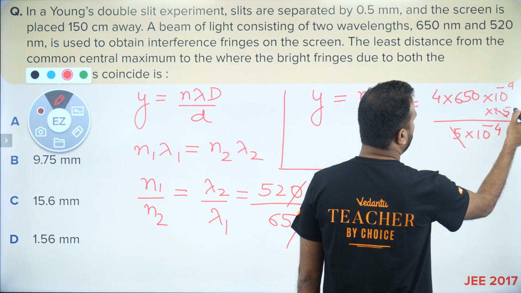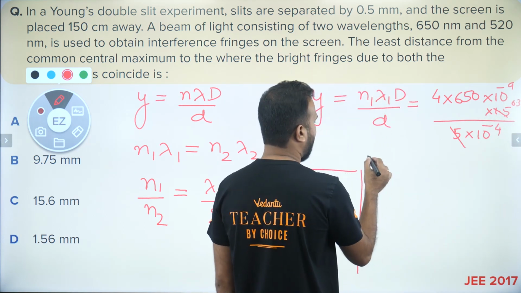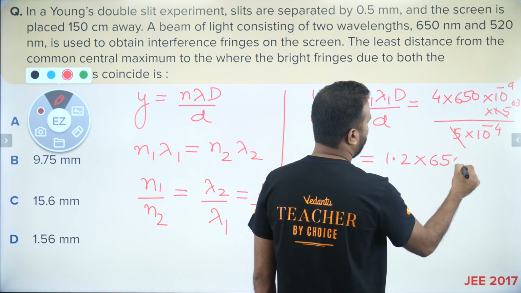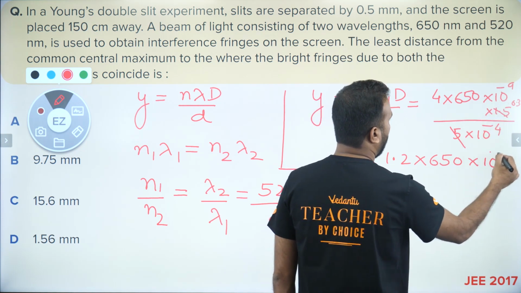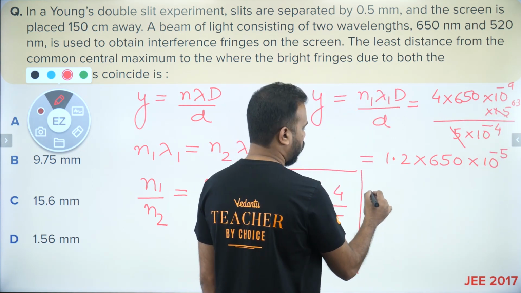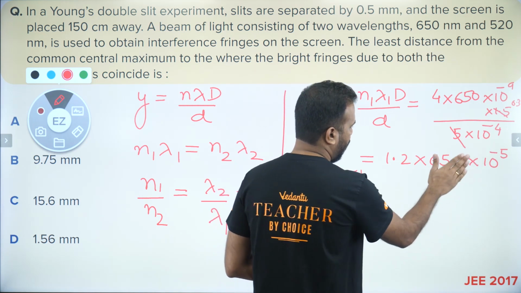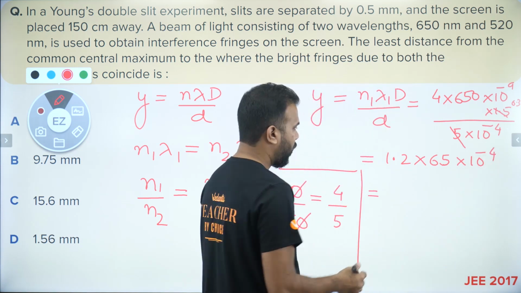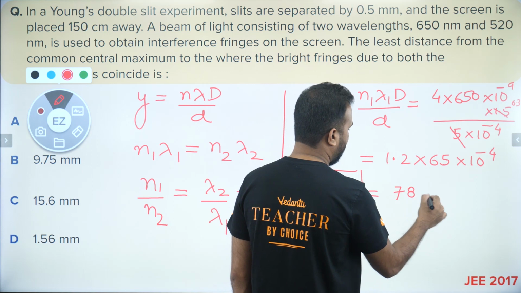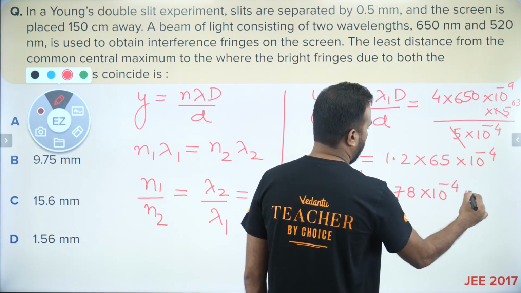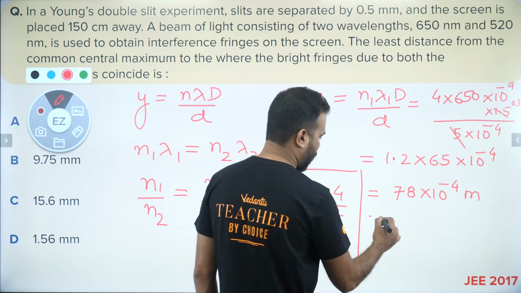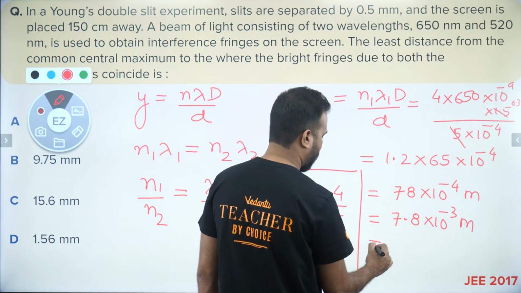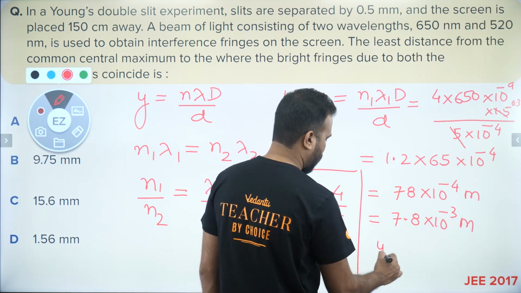If you cancel this, this will go 0.3 times 0.3, and 0.3 and 4 will multiply to give you 1.2. Multiply that by 650, and this becomes 10 to the power minus 5. Okay, so if I remove this 0 as well, then the fraction will be 65 into 10 to the power minus 4. Okay, so if you multiply this, what you get is 78 into 10 to the power minus 4 meters, which means what, guys? We can write it as 7.8 into 10 to the power minus 3 meters, or simply what we get y comes out to be